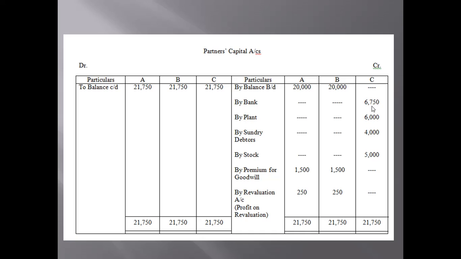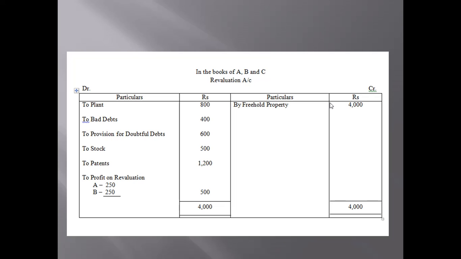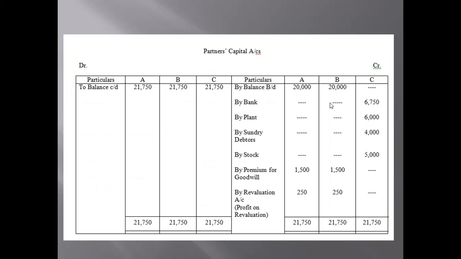Anyway, let us move on to the balance sheet. We all know that preparing the balance sheet is not a problem because we have to follow the same pattern as given in the question. So the first item we write will be freehold property, that is 24,000. And if you closely look at the revaluation account, I have told you this process of writing the amounts of the balance sheet. Look at the old balance sheet, 24,000, and find the freehold property in the revaluation account. It is being increased, isn't it? 4,000. So 24,000 plus 4,000, it will be 28,000.